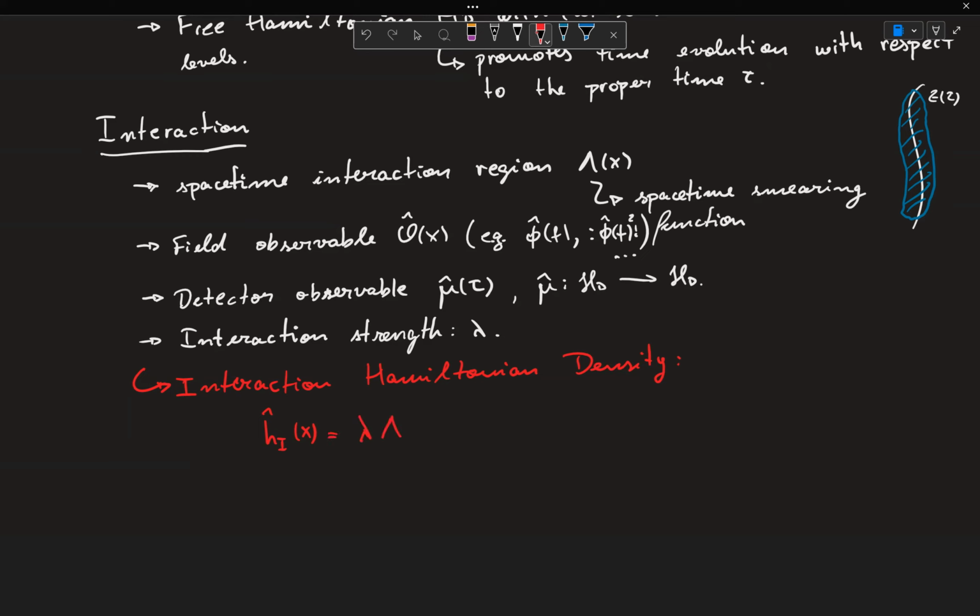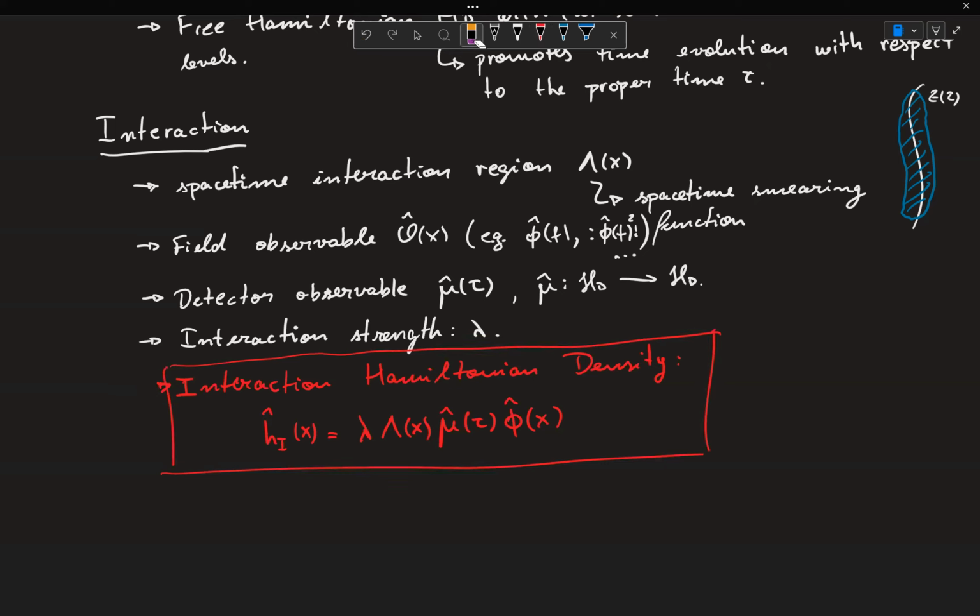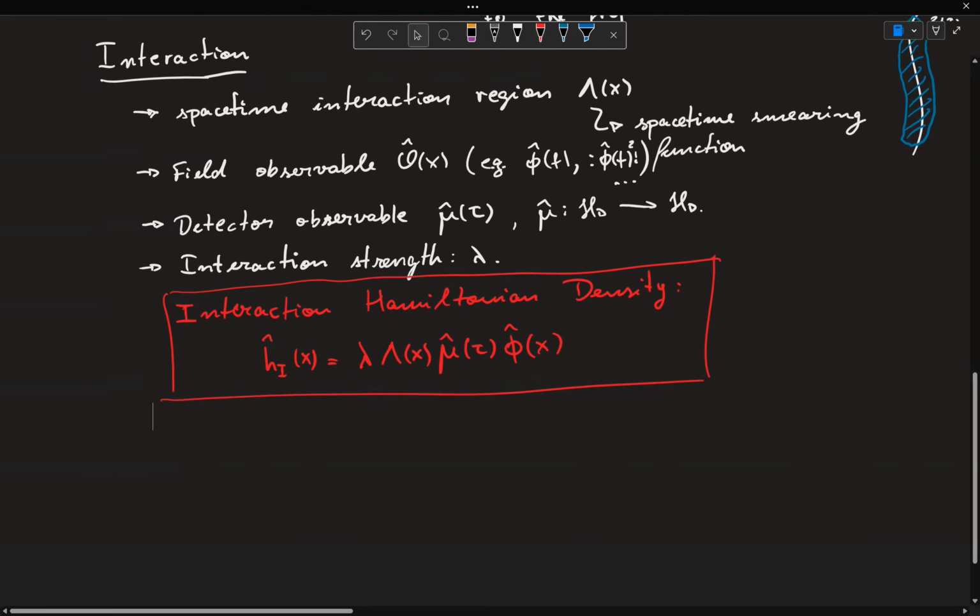And it will simply be the product of each one of the terms that we have defined so far. So this literally is coupling the operator mu with the field phi within the region determined by the lambda of x, and the coupling strength of the interaction is the coupling constant